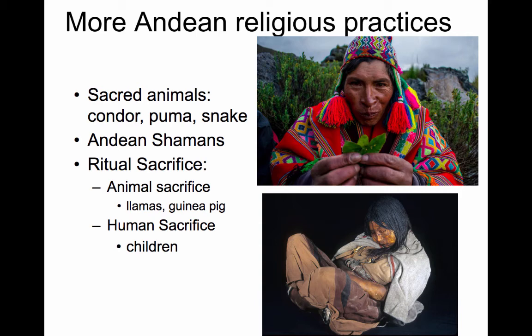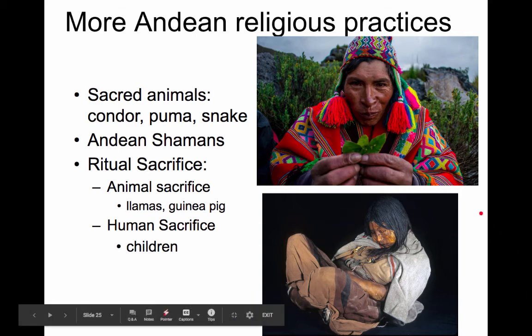The reason they would sacrifice children is that for the Inca, they believed the gods wanted purity. They wanted individuals who represented absolute purity, people who did not commit sins. The Inca did believe in a concept of sin. And so they believed that children were the most pure, and so that's who the gods would want. So it's very sad and very grim.